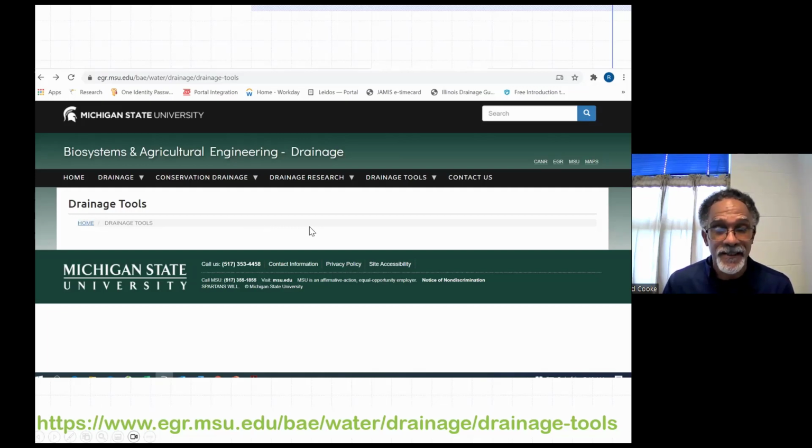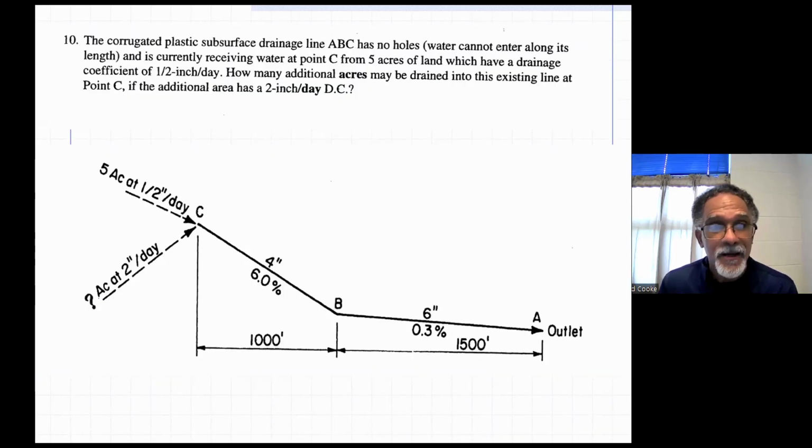Then these systems give a more refined value. These tools give a more refined value for these systems. Now, here are a couple of problems that can be solved using the Illinois pipe sizing tool. In this instance, the question reads, and this question was taken from a hydrology book,